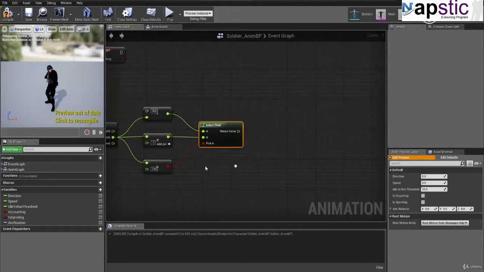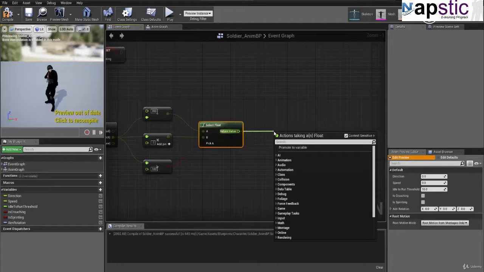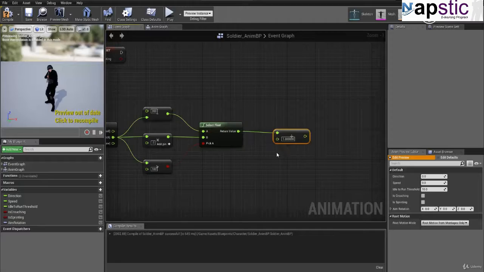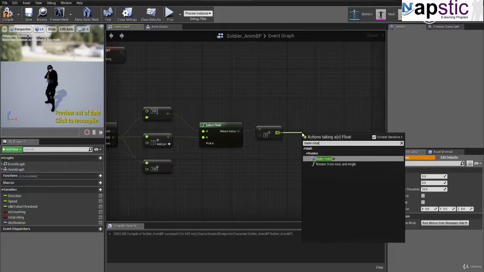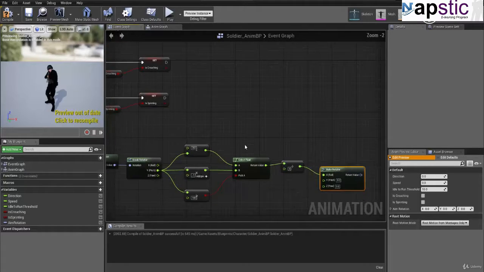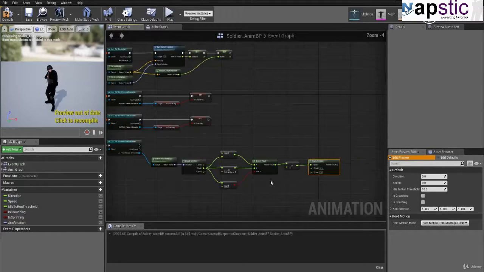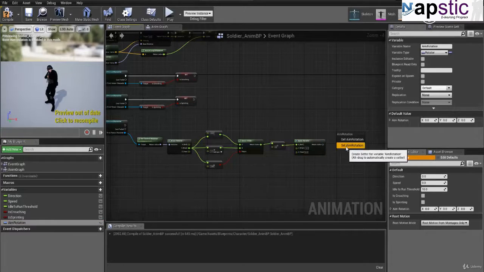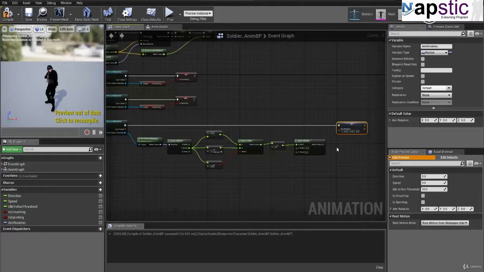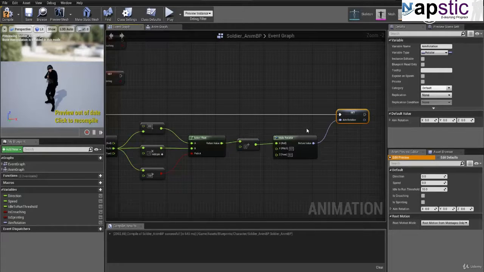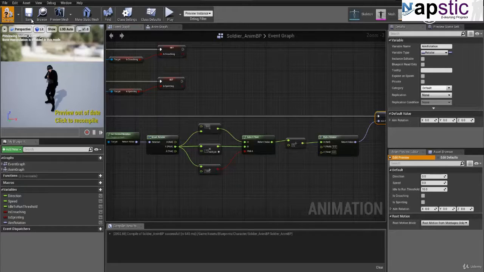Now that we have the return value, which is a float, we have to divide this by a certain number. So I'll put in the slash and say float divided by float. The number is going to be 3 because we have 3 different bones that we have to work with. So I'll put the number 3 in here. Now that we have it for individual bones because we're dividing by 3, it's time to make the rotator. Make rotator, and there you go. Now this should make it easier for us to give this aim rotation a new rotator. Once I do that, I'll say set rotator, connect this to this, and then connect the return value over to the aim rotation out here. So that's all that is needed. So when I click on compile, save,